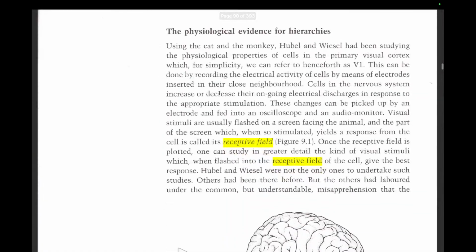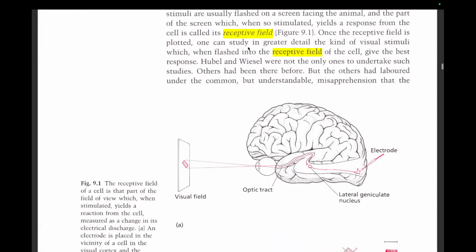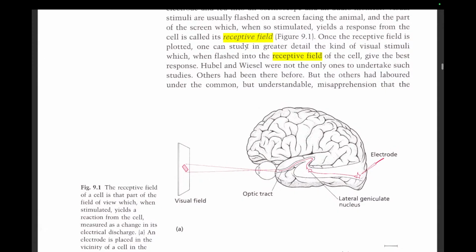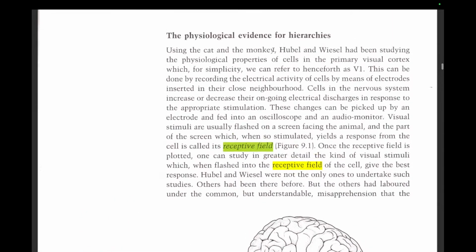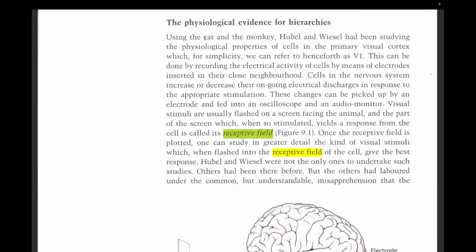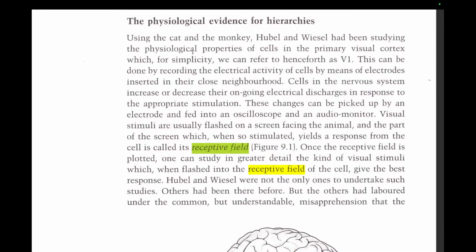And our main focus for tonight on this stream is the visual system, and more specifically the receptive field, which we spoke about earlier. Okay, so the physiological evidence for hierarchies. Yes, hierarchies do exist within our system. Okay, so